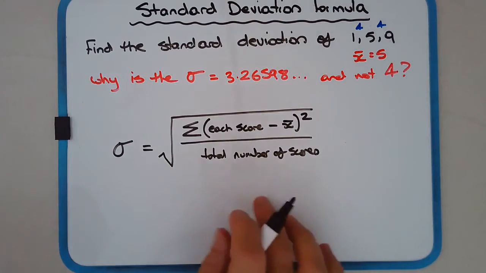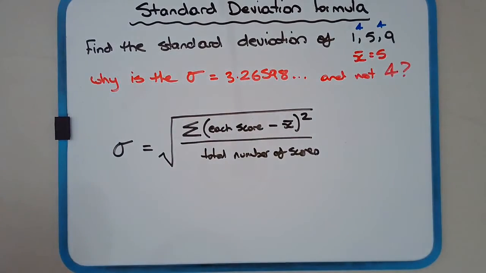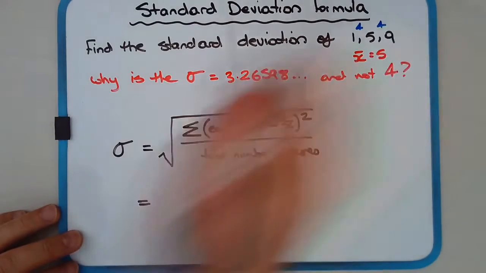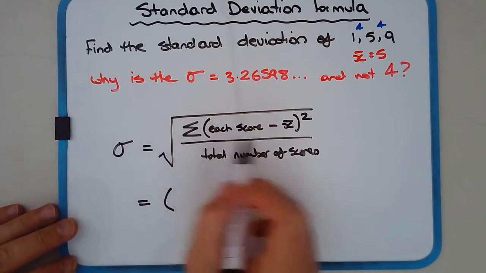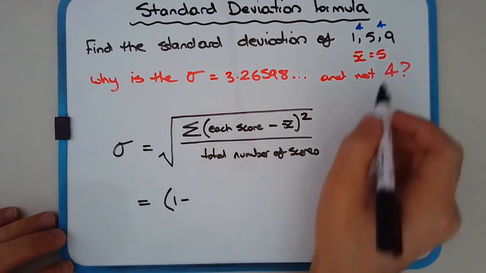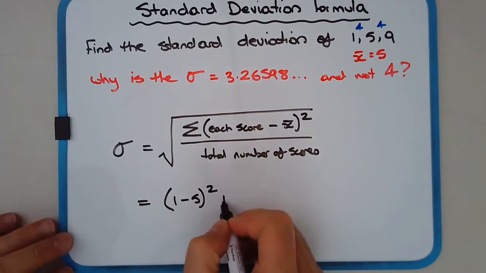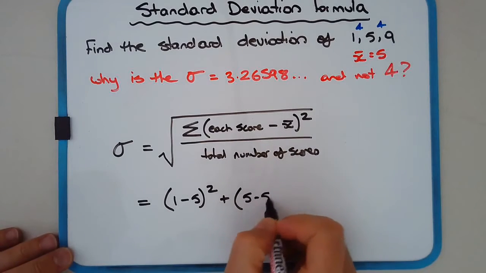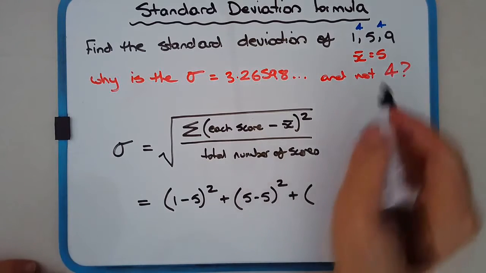All right, let's see if we can apply this to these three scores and get this result. Just using this example, this is sigma. It means the sum of each score minus the mean. We've got a 1 minus the mean, which happens to be 5, squared, plus 5 minus 5, the score and the mean happen to be the same thing, squared, plus 9 minus 5,